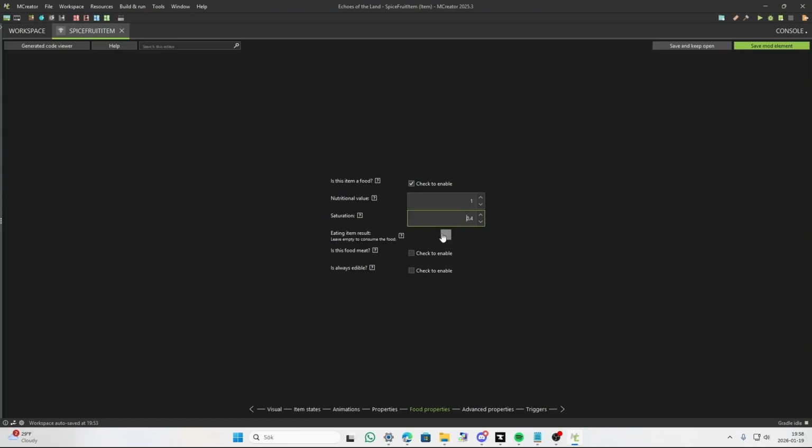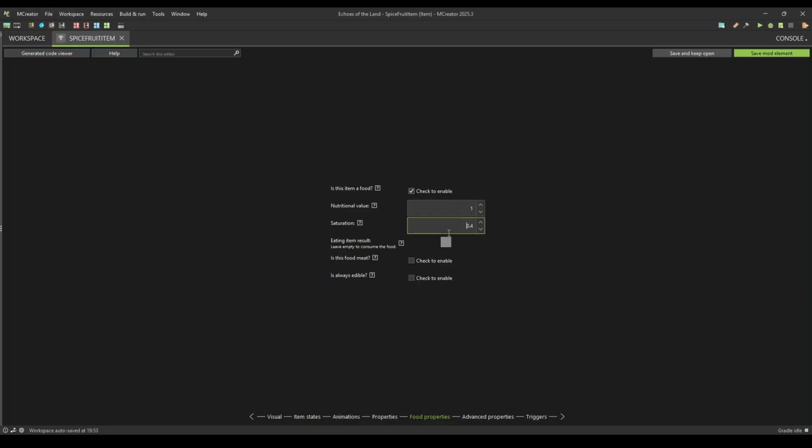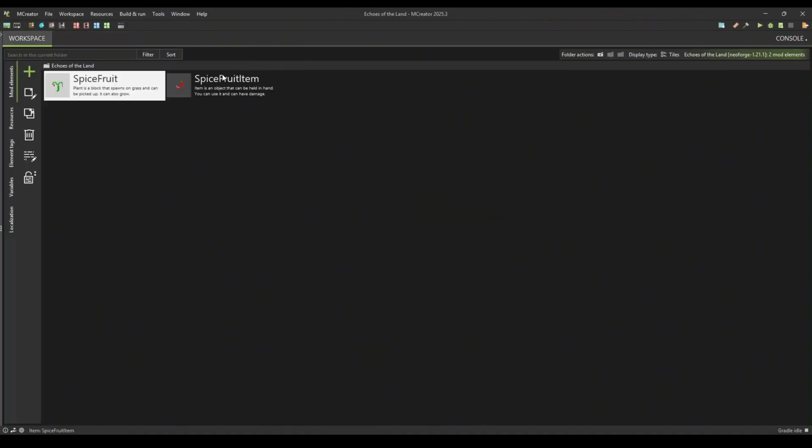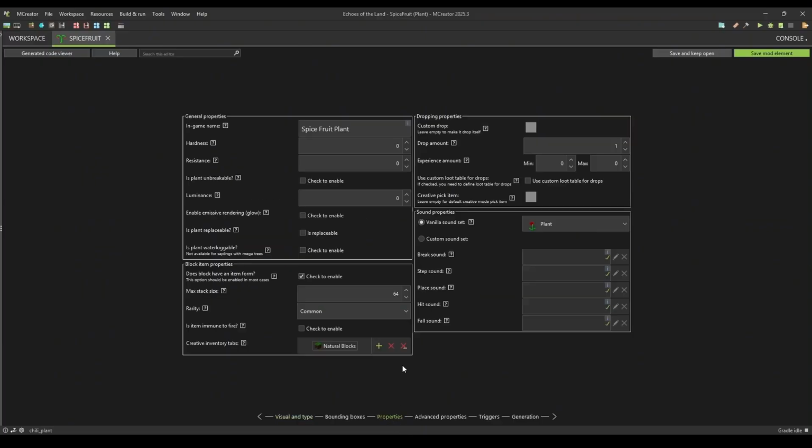Now this is if we should get anything after we consume it. You know how soup leaves a bowl. This is if it can be fed to dogs, and this is if you can always eat it like golden apples. After we've made this item, we can go back into the plant, go to properties, and here, at custom drop,